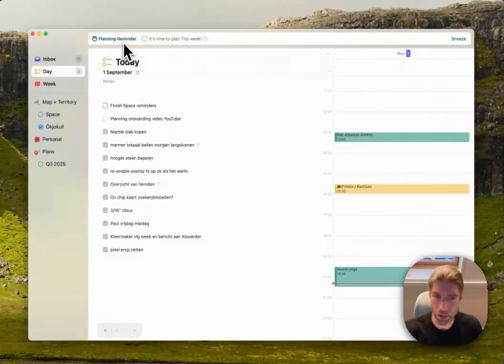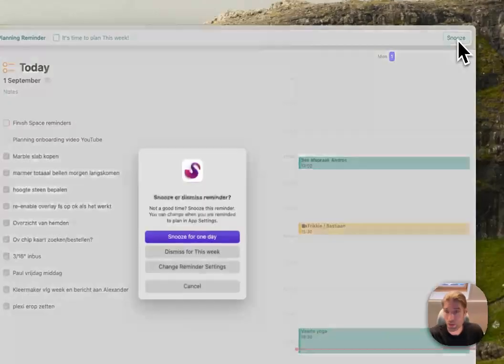So even when Space is not running and it's, for example, 9 a.m. on a Tuesday, I'll get a notification offering to plan my day, and I can click it and I'll go into Space and the daily planning will start. So now I have this reminder set up for weekly planning that's showing because it's the time that I configured. I can just click this to start planning,